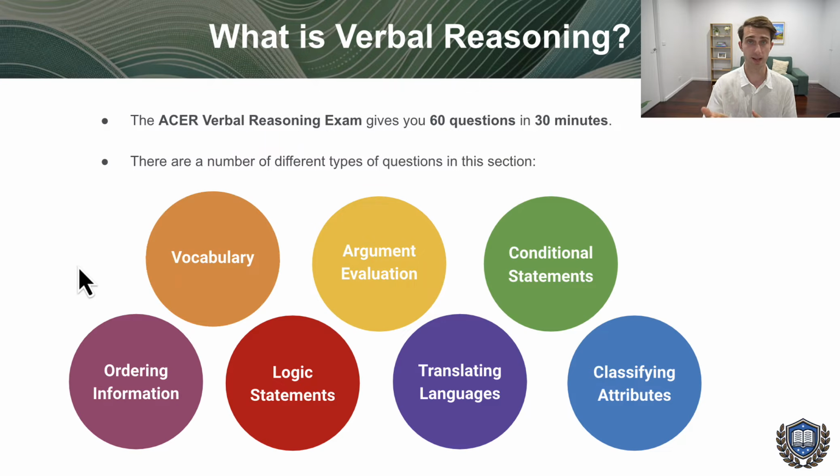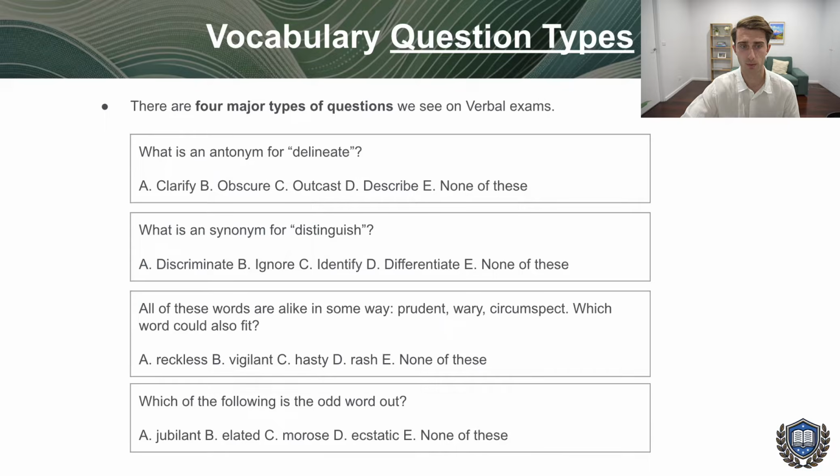It's going to help you in reading. It's going to help you in writing. So building your vocab is one of the best things to do if you want to get really good at these types of aptitude tests and just selective entry exam preparation overall. And so how can you improve your vocabulary? Well, the first thing is to understand how do they actually test vocab on this exam.